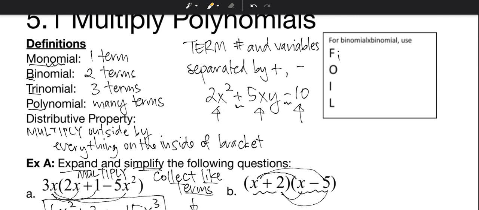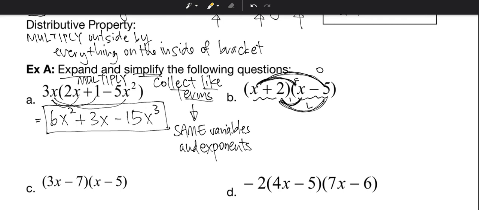It's first, outside, inside, last: FOIL. Okay, so the first two, so the x times this x, the first two in the brackets, that's F. The outside two, that's O. The inside two, that's I. And the last two, last parts of the bracket, L. Okay, so that's FOIL. So x times x, x squared, x times negative 5, negative 5x,